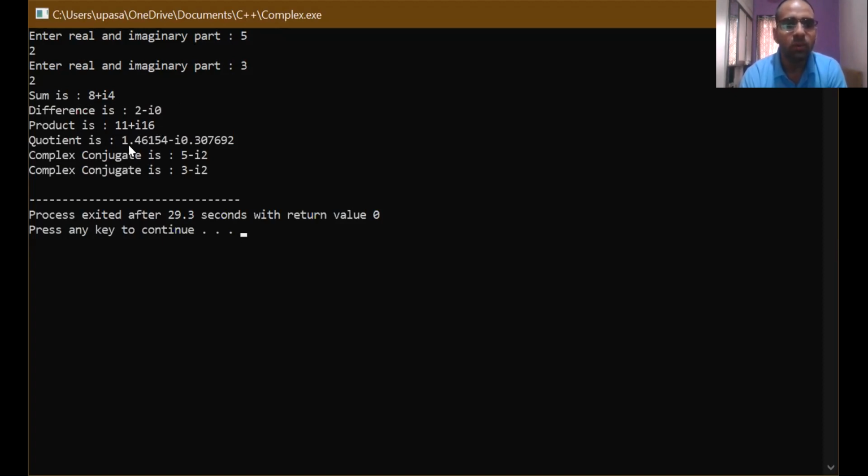Now for the quotient, I have already given you an idea how the division of the respective numbers is done. So 5 plus 2I divided by 3 plus 2I, you can do it yourself. Now complex conjugate for the respective numbers: earlier we have given 5 plus 2I, so that's why we are having 5 minus I2, and for the second number we are having 3 minus I2.